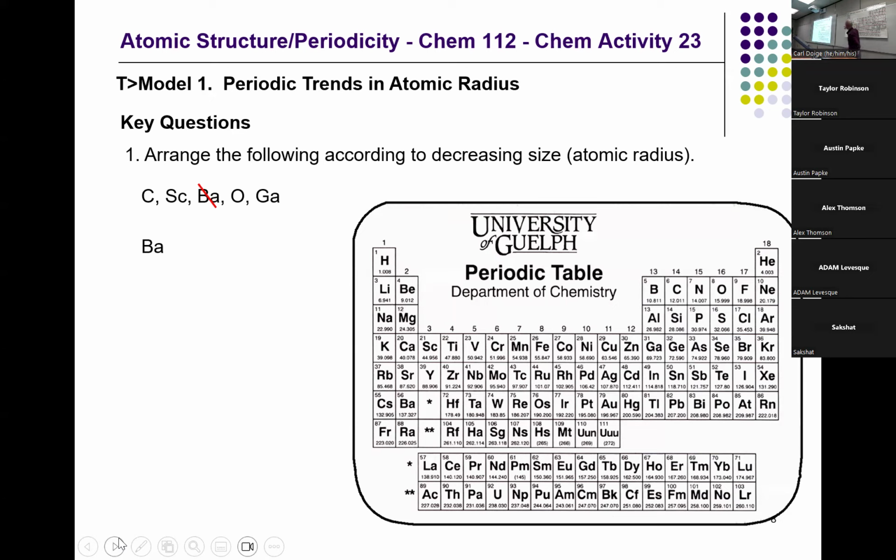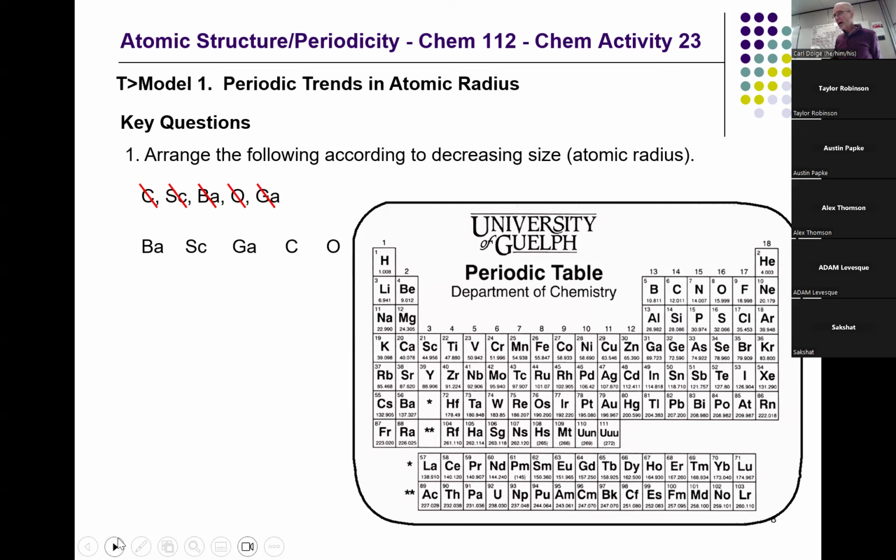So we would always give you something that you can actually compare, so there's not a conflicting trend. I hope you would agree with me that the next one would be scandium, because going up, they get smaller, and going across, they get smaller. Then I've got to compare carbon, oxygen, or gallium. Of course, gallium would be smaller than scandium. So here I'm at gallium. I've got to compare carbon and oxygen. Going up, things get smaller, so boron would be smaller than gallium, and carbon would be smaller than boron. So that works. And then finally, oxygen. There will always be a way of comparing these.